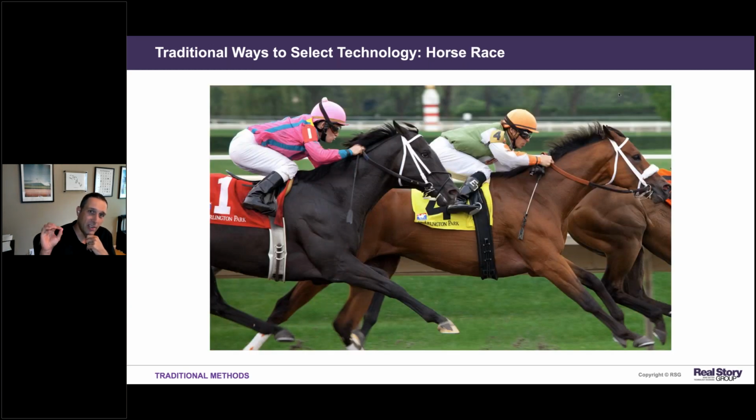And then finally, we see this problem that is akin to going to a horse race. If any of you have ever been to a horse race or put some hard-earned money on the ponies, what usually happens when you walk into a track is you get this racing form that has a little bit of information about the horses that are running. And based on that little bit of information, you place your hard-earned money, right?